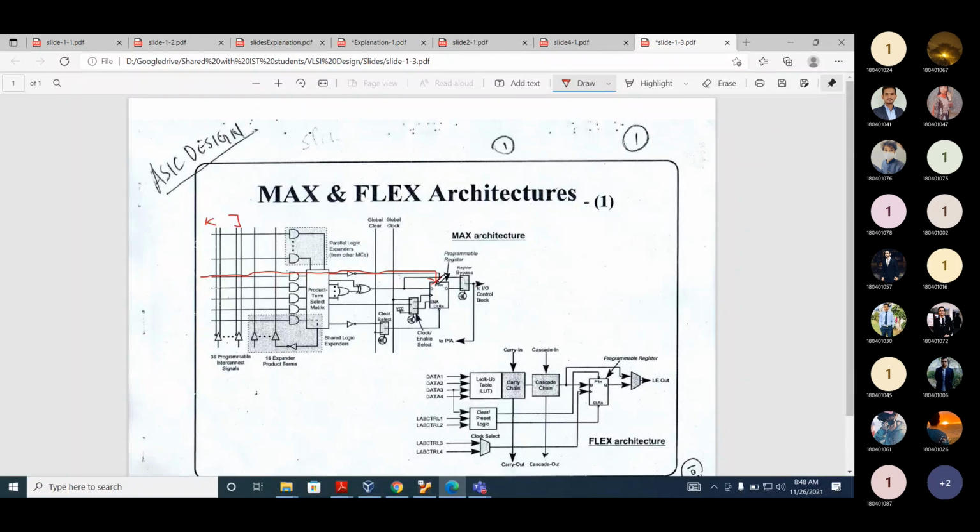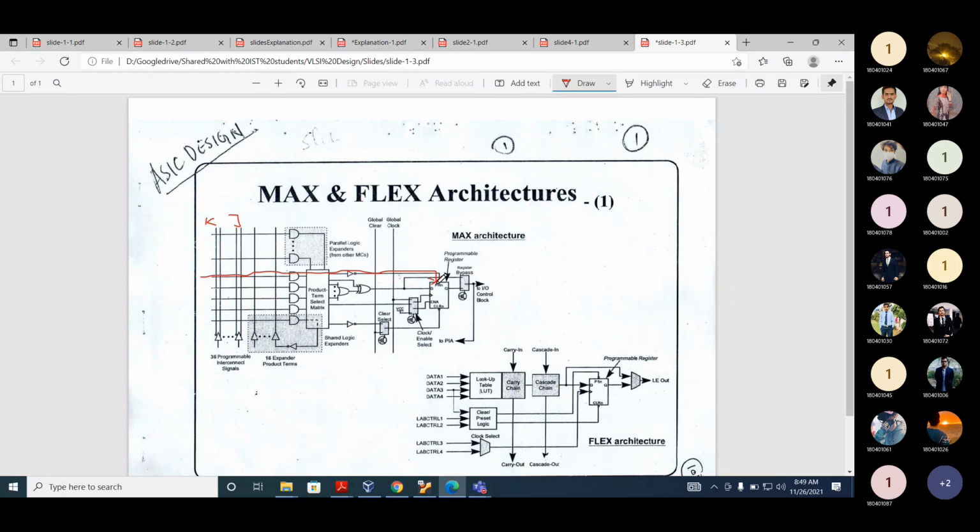If you look at the inverter, either we can implement K, K bar, J or J bar. If you want to use this term, we have to program the AND gate accordingly. How many AND gates have we used? One. We have used this one AND gate, and we are using this product term select, and we will use it here and here.